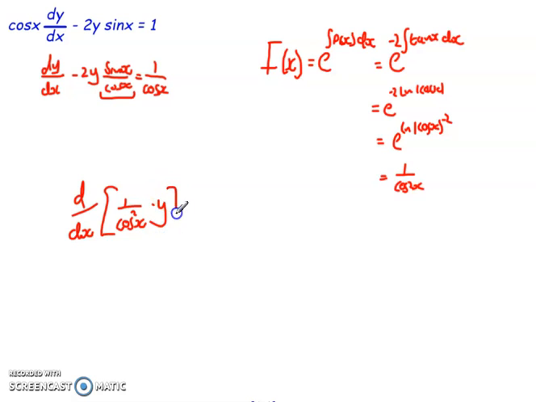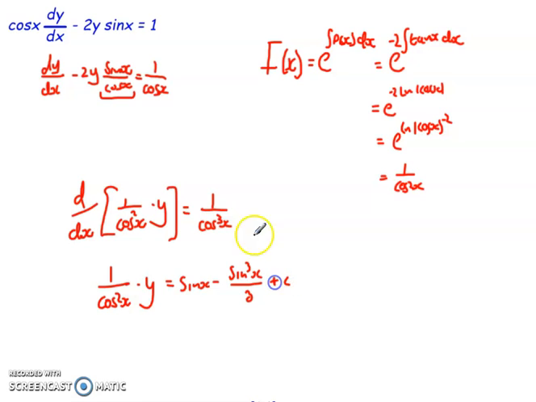times the y, equals this side here, the 1 over cos x, times my integrating factor, 1 over cos squared x, that equals 1 over cos cubed x. What I can now do is integrate both sides with respect to x. I'll end up with 1 over cos squared x times y equals the integral of cos cubed x with respect to x. And calculating that, what we end up getting is sin x minus sin cubed x over 3